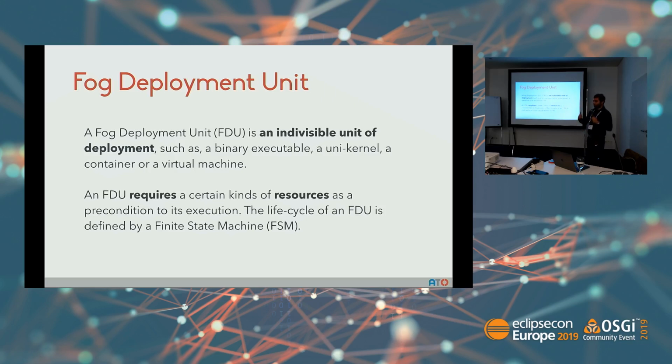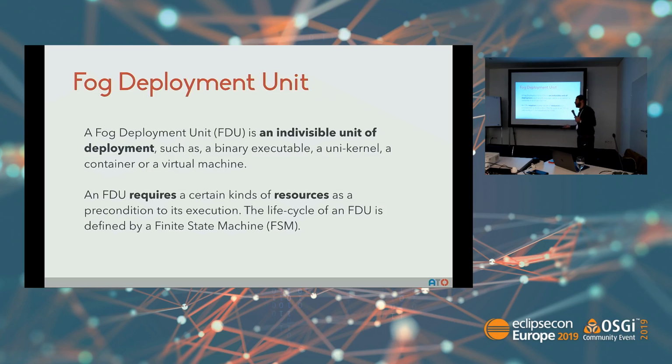Because as we said, we have to interact with this heterogeneity. So we cannot think, okay, I will use containers for everything. Well, okay, containers are good if you need to deploy on servers or on devices that are not really constrained. But what if, for instance, I have to deploy something in a robot? I cannot deploy a container in a robot, maybe. Or I can, but then this container cannot interact with the hardware that is on the robot, like the robotic arms and so on.